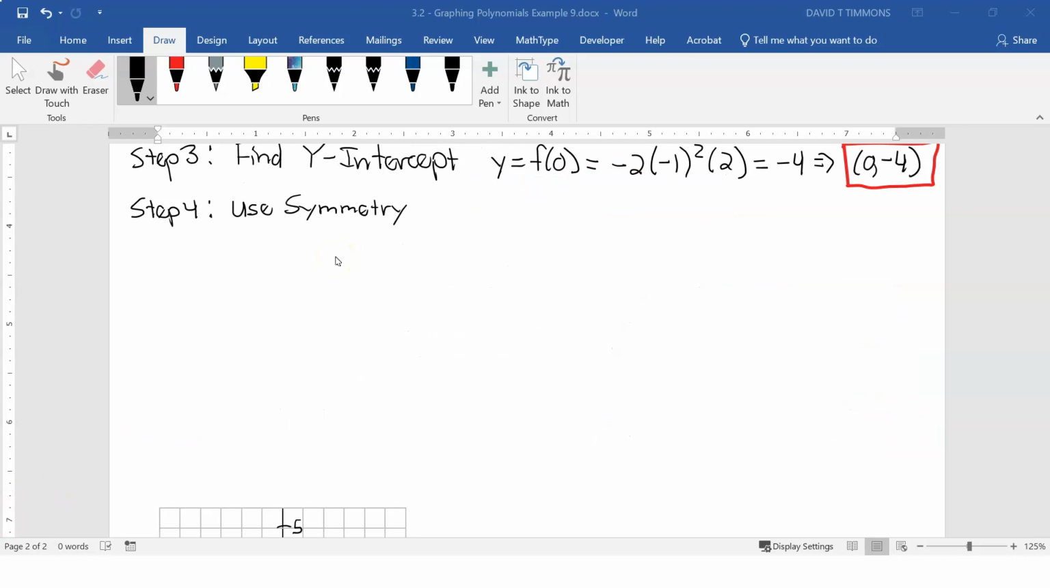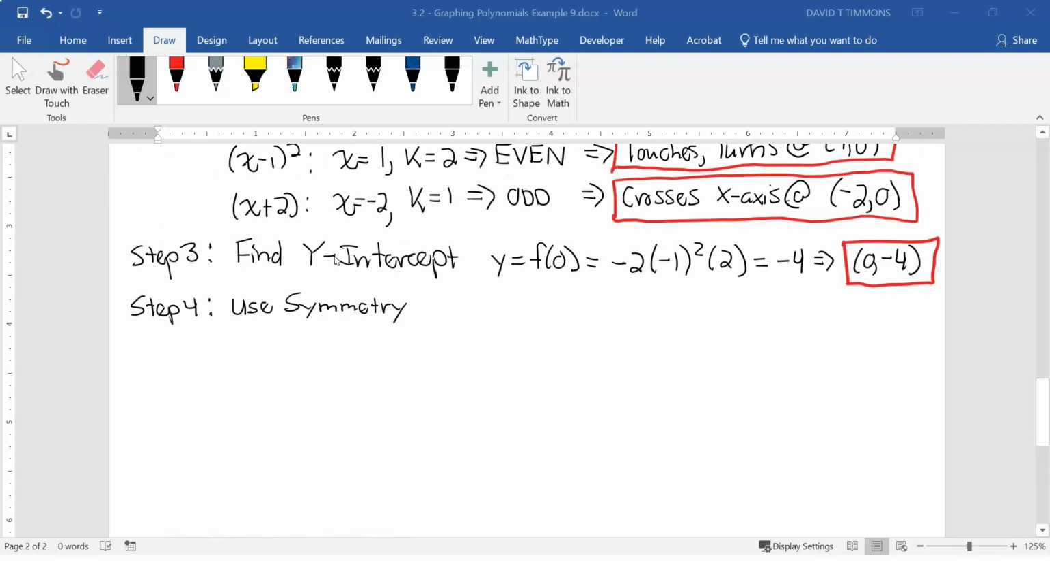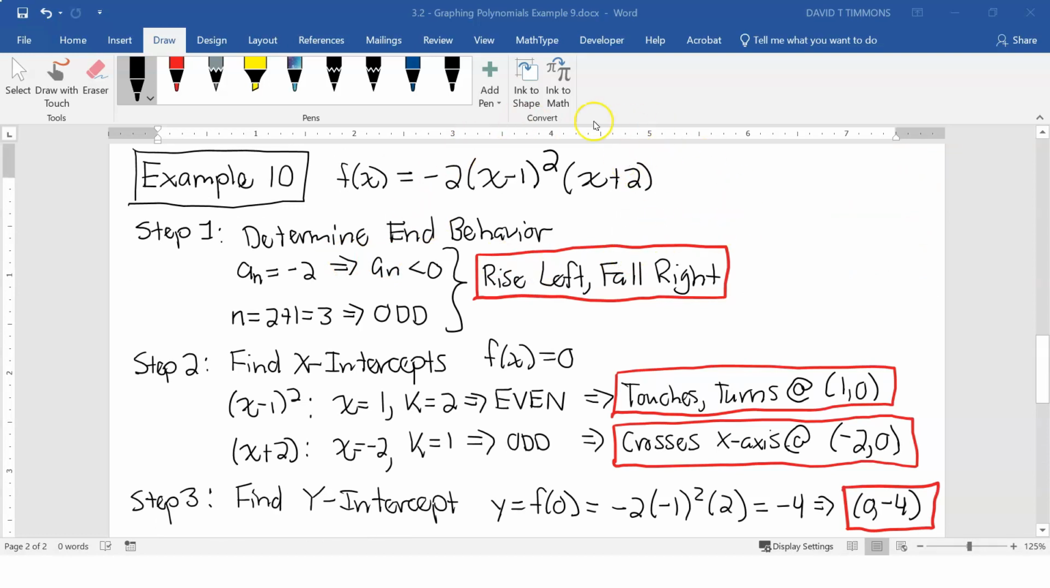In step 4, sometimes we'll use symmetry to help us graph the polynomial function. But I mentioned in our example 9 that sometimes this step isn't very helpful. It's most helpful if you can identify even or y-axis symmetry, but very often you will get a symmetry of neither, which doesn't help you much with the graph. And if you look in the textbook, for this step, instead of multiplying these terms out and getting f of x in a non-factored form and then evaluating it at minus x,